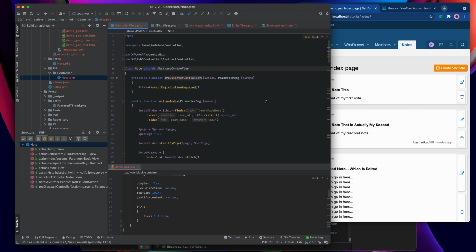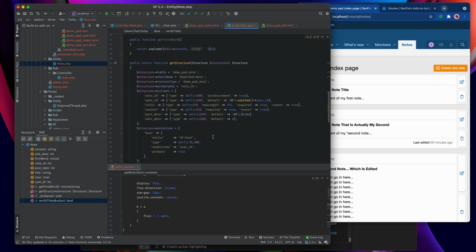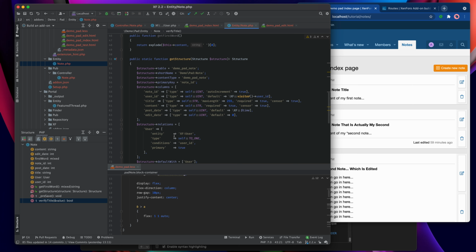it to add an additional relation to the user entity, because our note entity defines a relation to the user table, and strictly speaking the user entity should define a relation back, so that not only can we say give me the user that is related to this note, but I can also go to a user and say give me the notes that are related to this user. It's a slightly different relationship because it's going to be a self to many relationship rather than a self to one, but it's worth having nonetheless. So let's go and see how we do it.